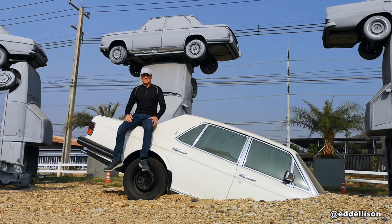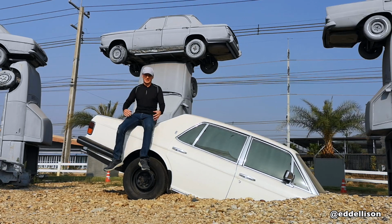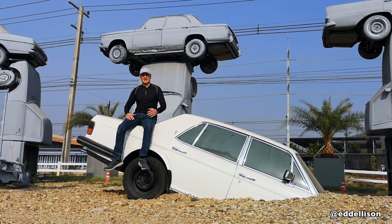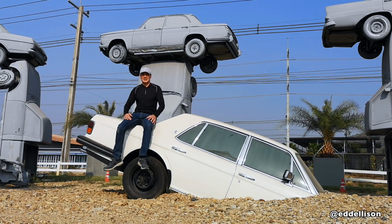Well, things I've never done in my life before. Number one, I'm sitting on the back of a Rolls Royce that's buried half into the ground. I'm not sure I'm supposed to be sitting on the back of it, but there's no one about, and anyway it's buried halfway into the earth. And I'm way out in Kanchanaburi province, about 200 kilometers out of Bangkok, and I'm at CARHENGE, and this is